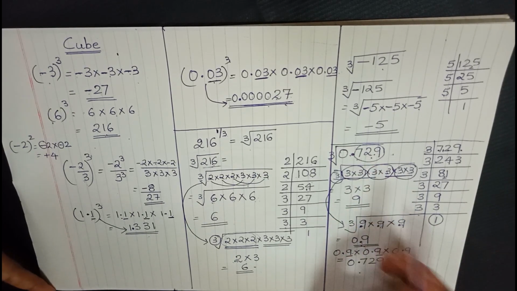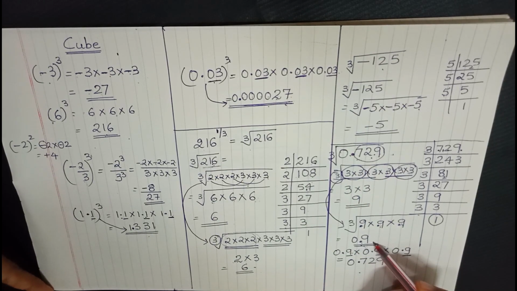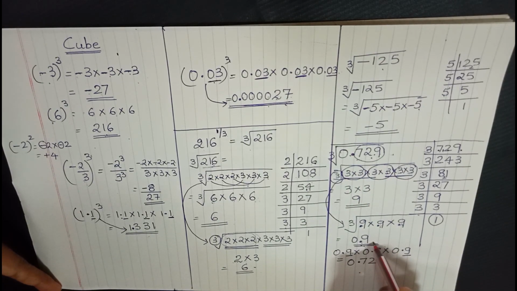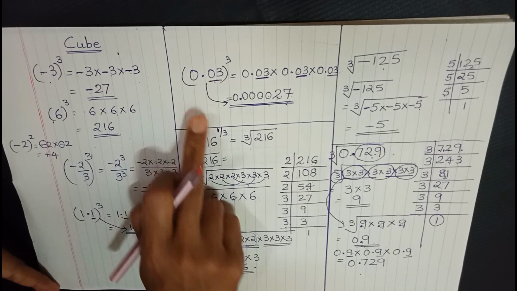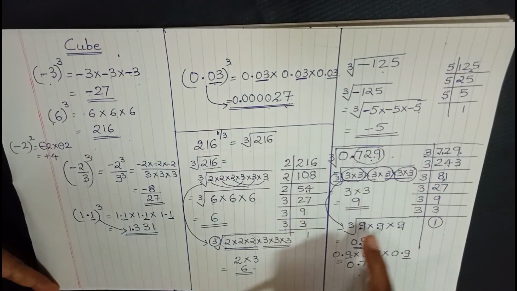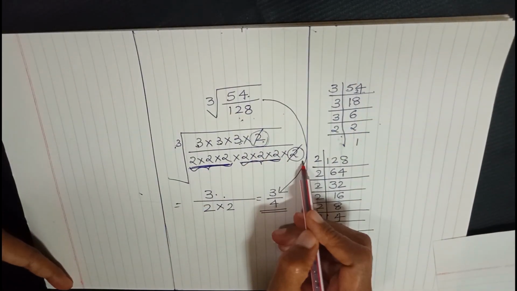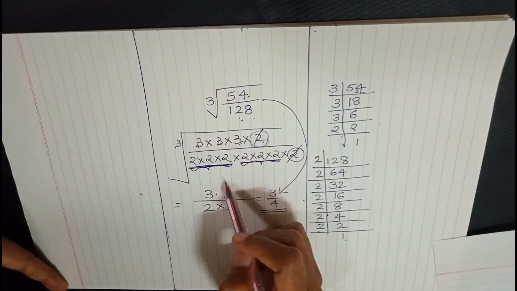Then decimal, we have to find out if there are 3 digits after the decimal, you will have only 1 digit in the cube root, right? It's the other way around of this. Here there are 6 digits, so this is having 2 digits. Here there are 3 digits, so it will have 1 digit. It is this way, right? And similarly, many a times something common also can get cancelled to give you the cube root.